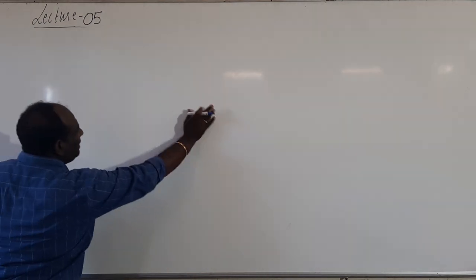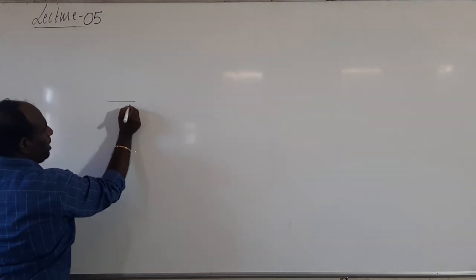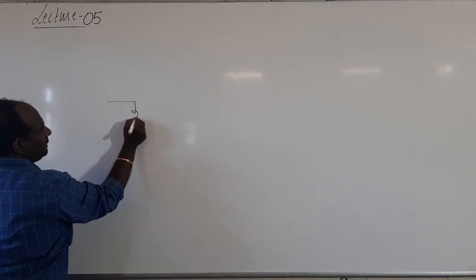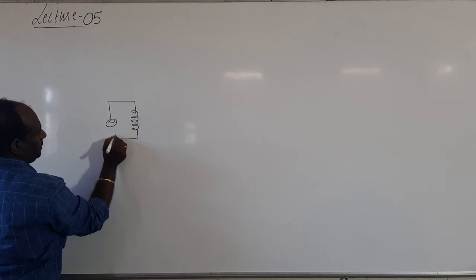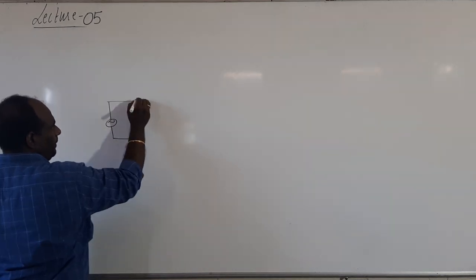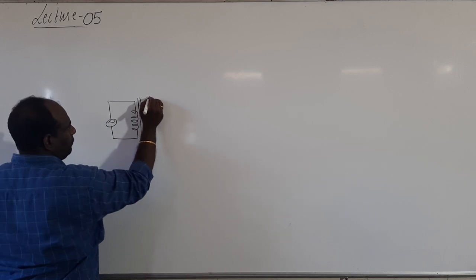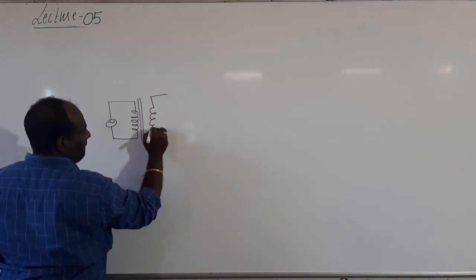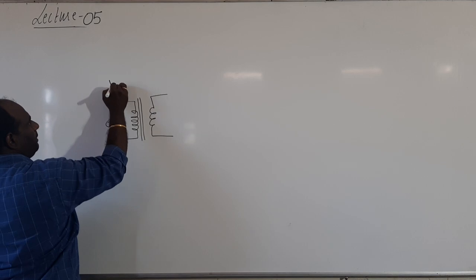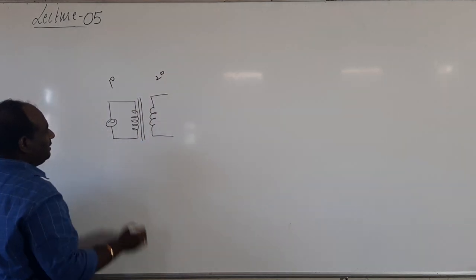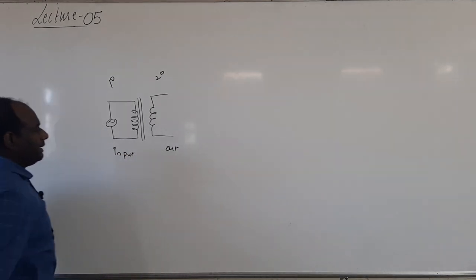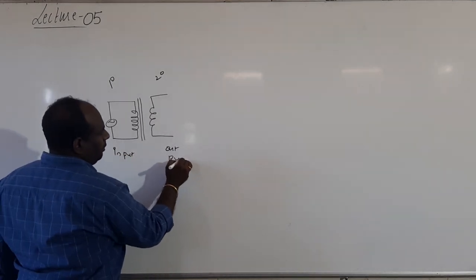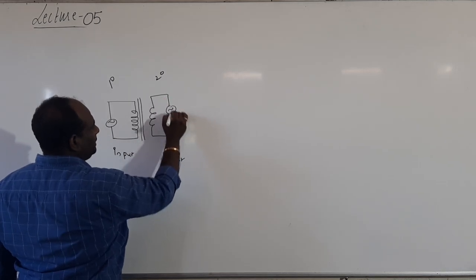Now, how it works. See, this is a coil, the primary coil. Already I mentioned this is a circuit symbol. The primary coil is connected to an AC source. These two are wound over here, and the other output is collected. This is primary, this is secondary. This is input. Input is given, and output is collected across the secondary.